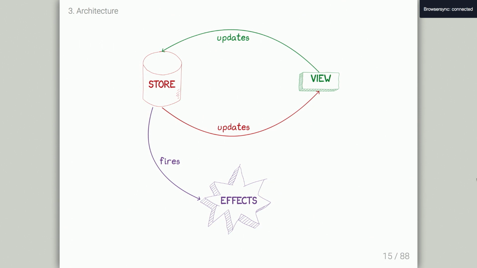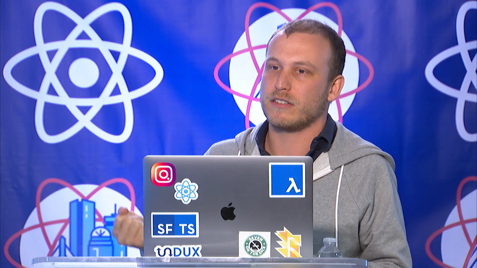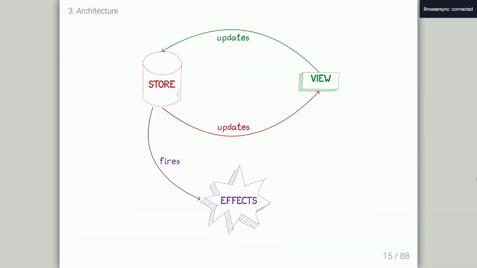So let's talk about the architecture a little bit. You guys have seen these 3 state diagrams for Flux and for Redux. There's the store, there's the view, and then there's the reducer or the dispatcher, right? So with Undux, it's pretty similar, but it's just a store and a view. And we do have something like a reducer under the hood, but as a user, you don't have to care. It's all abstracted away for you. The really cool part of Undux, though, is effects. And I'll talk about that a little bit later. So reactivity is really core to how Undux works.